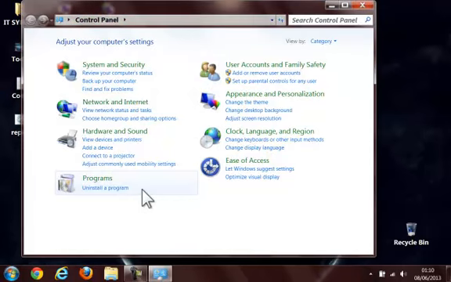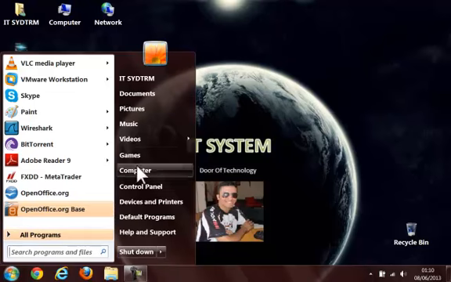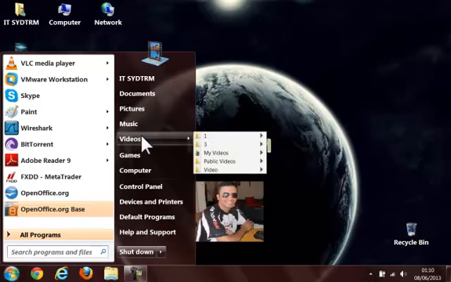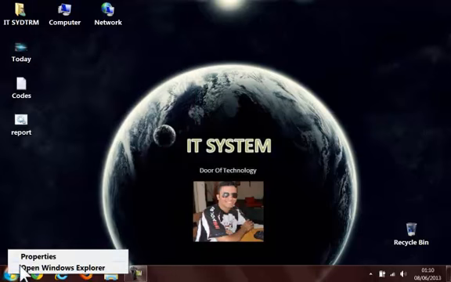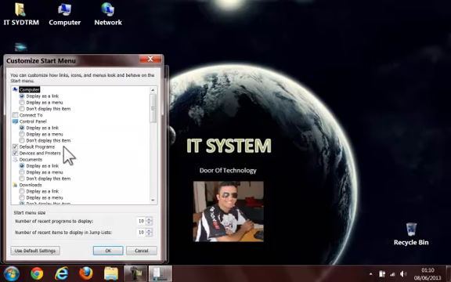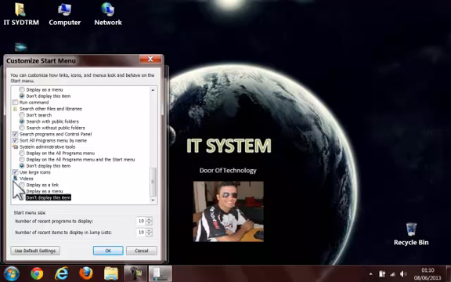As you can see here, I have music, photos, documents, and videos as well. How did I add that video in here? It's the same trick. Right click and properties and customize, go to the last one. I'm sure it's near the bottom. The last one, as you can see, by default is don't display that. This is by default, but for me I show it as a menu. Okay, and I click OK,